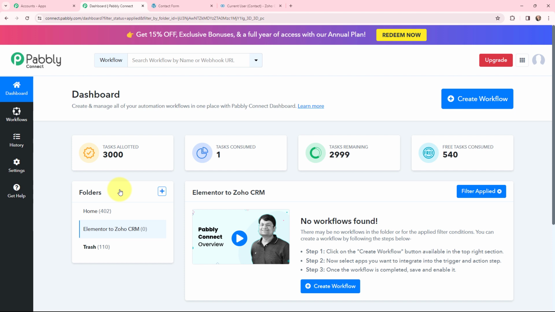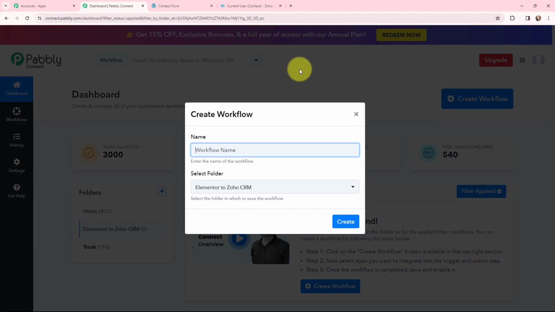So this here is my dashboard, and now in order to create a new workflow, I will go to my right hand side corner and click on this create workflow button. So now in this dialog box appearing, I need to give my workflow a name. So here I've named it as create Zoho CRM contacts from Elementor form responses. And on my left hand side, you can see that these are the folders which I've created before. So I want to save this workflow in the folder named as Elementor to Zoho CRM, and here I'm going